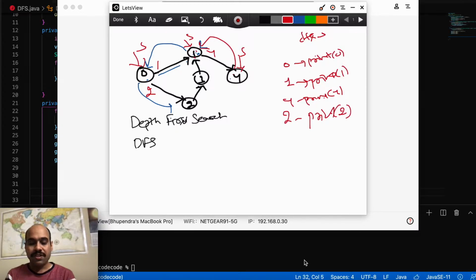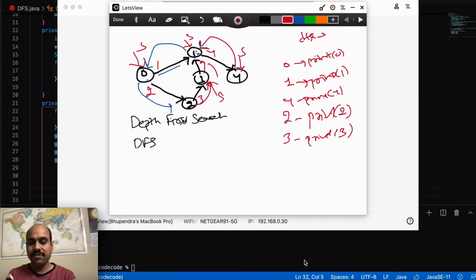Okay, we'll do the same thing again. Is there any neighboring vertex of 2 which has not been visited. Okay, so we see there is a 3. So we'll go to 3. It will now become the new source, and we will print 3. Then we will try to find out if there is any other neighboring vertex of 3 which has not been visited. So we go to 4, but we know this is already visited, so we'll backtrack.